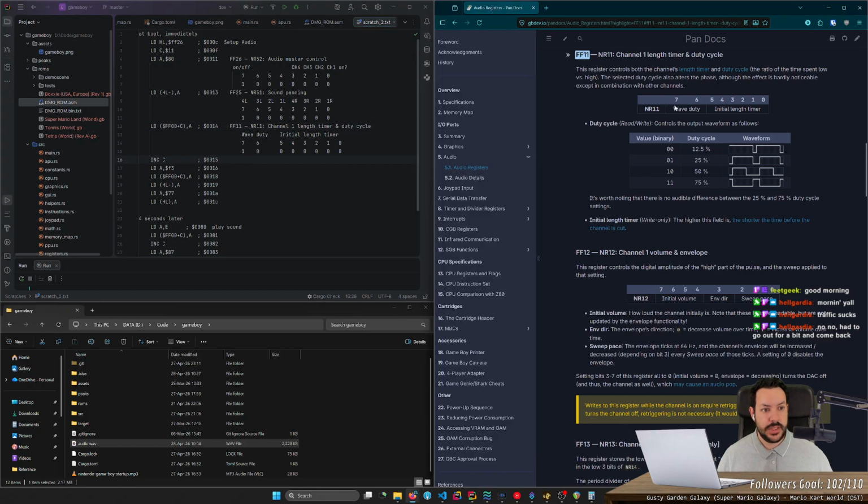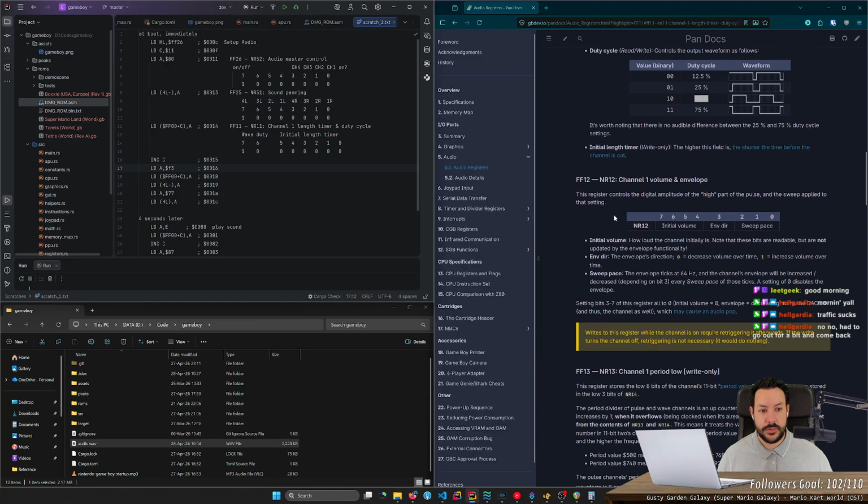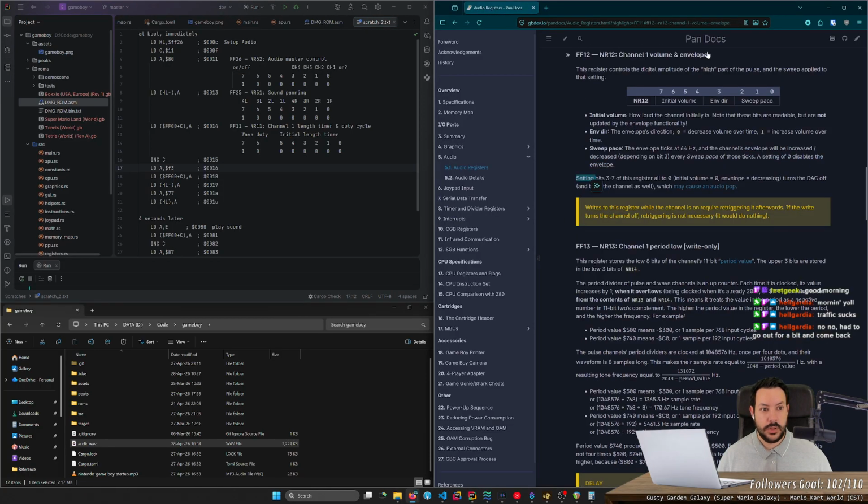So this only sets the wave duty to 50%. Okay, pretty cool. And then we increment C. And then we write F3 to FF12. Okay, so apparently we actually do all of the setup right at the start.